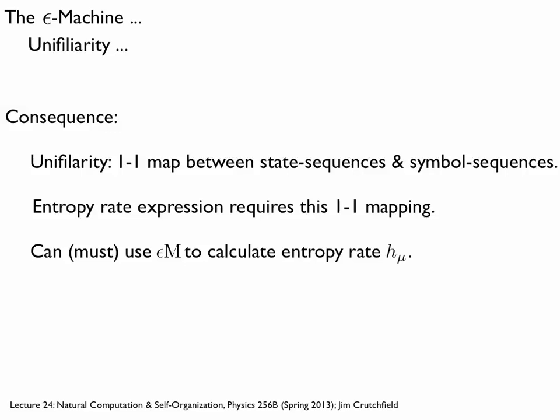So the bold claim is, however you're calculating, and there's a long history since the beginning of information theory of, given models of stochastic processes, how do I calculate, or can I calculate, the entropy rate? Basically, they're all equivalent to somehow finding these causal states that have this unifilar property. So you can't get away with this. You might call it something else, but somehow you have to find these causal states or be using this predictive equivalence relation. In some methods it might seem rather implicit, but okay.